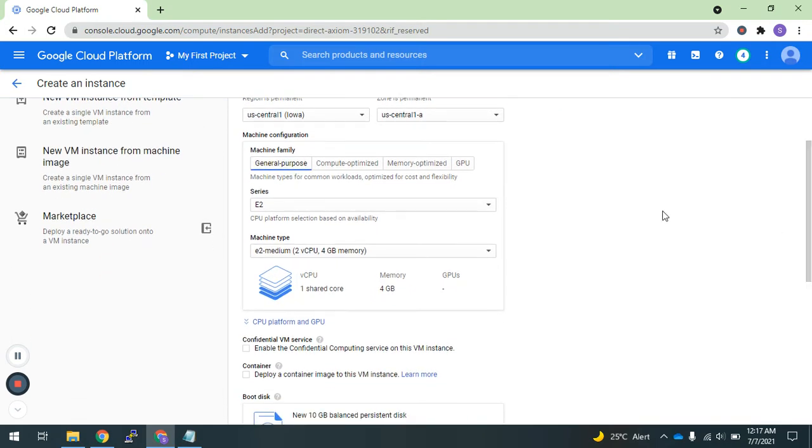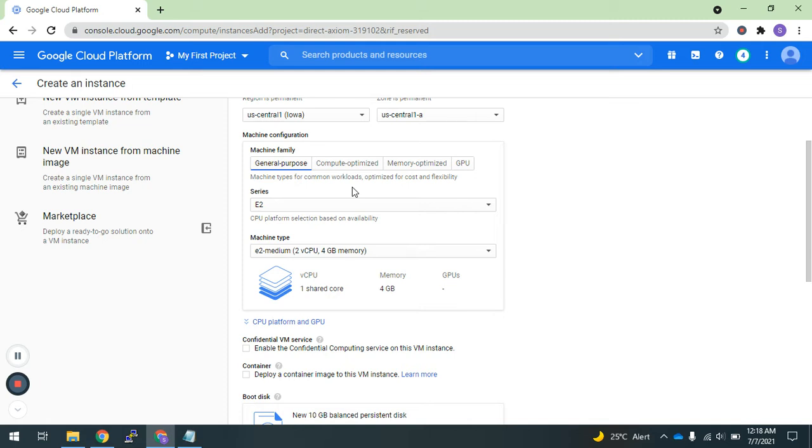Next is basically machine configuration. Here you can add the machine configuration. There are four types. First is general purpose, then compute optimized, memory optimized, and GPU. General purpose is basically for a general SAP instance. If you want to create a basic or demo SAP instance, then you can choose general purpose.